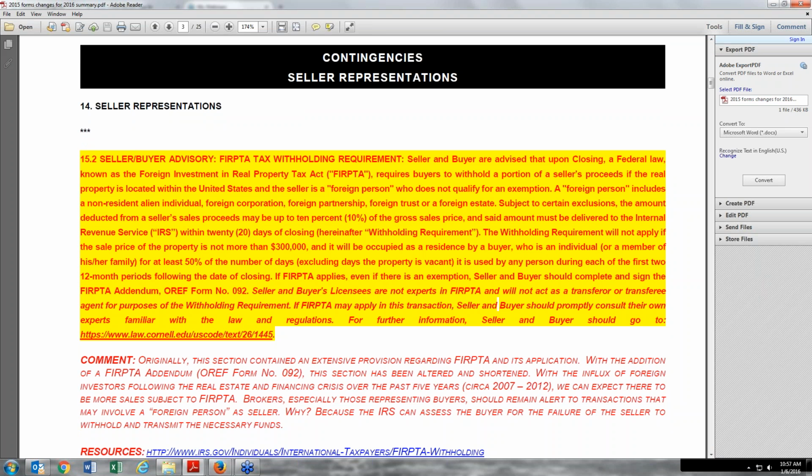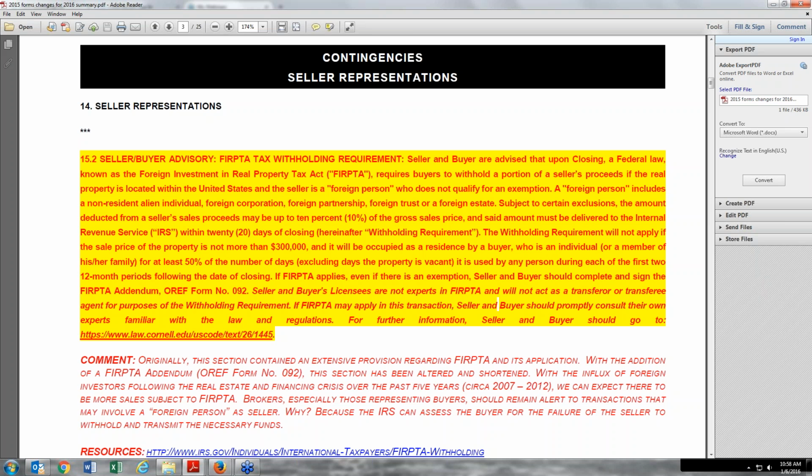Looking at the next page, let's see here. The contingencies, seller representations, the contingencies. Now, this relates to section 15.2 under FIRPTA. You'll recall probably that the FIRPTA section of the sale agreement was inordinately long. And the reason in large part that it was long was because even though most of you have probably not even had an occasion to have a FIRPTA transaction,